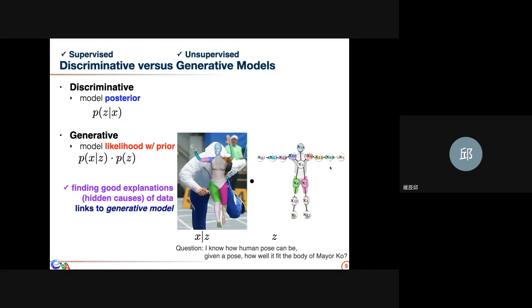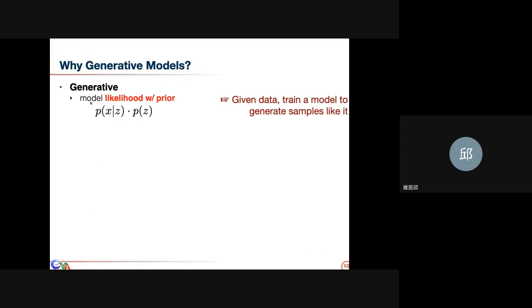So basically, first you know what a human pose can be, and then you have the likelihood: given a pose, how well it fits your observation. So this is a generative model. It uses the likelihood and the prior to take care of your problem. If you look at the meaning behind the likelihood and prior,